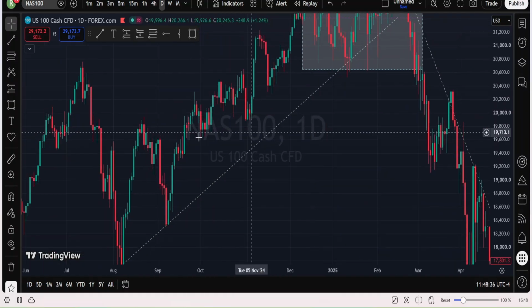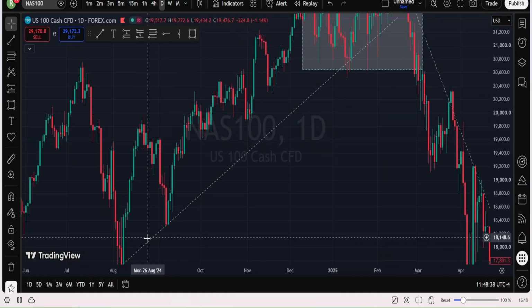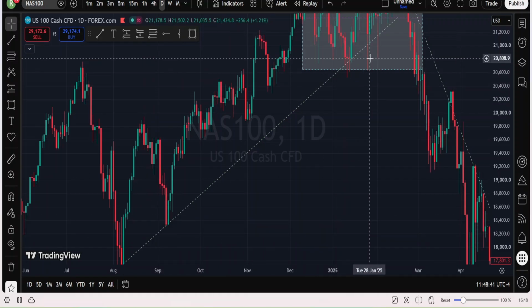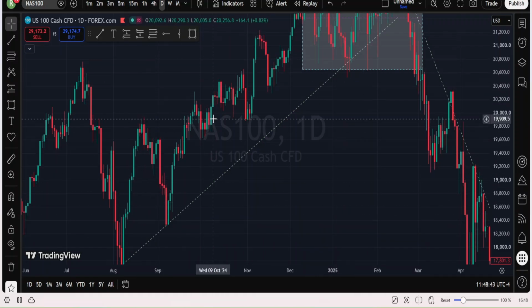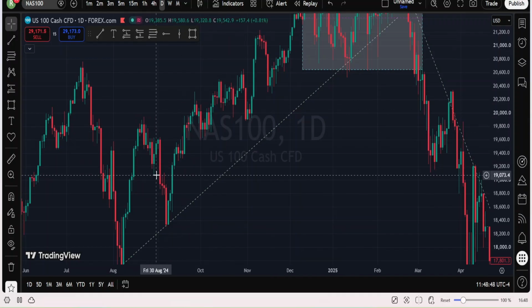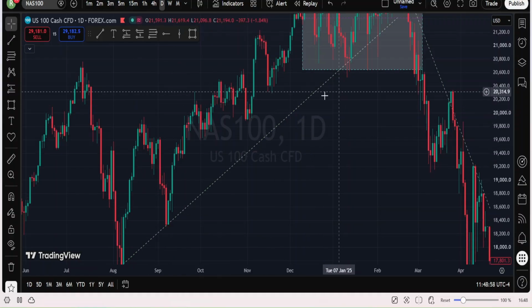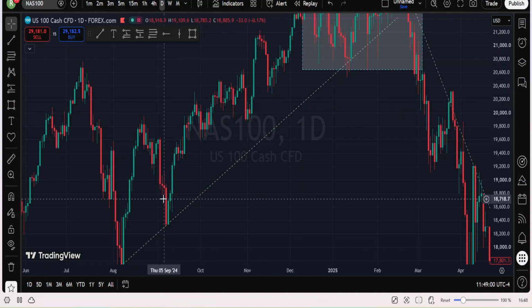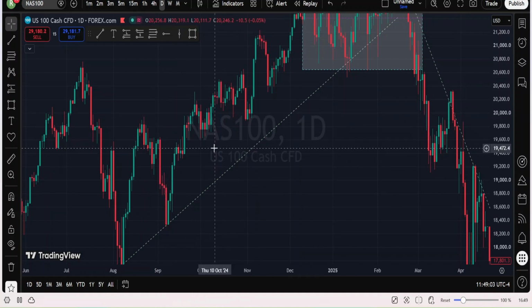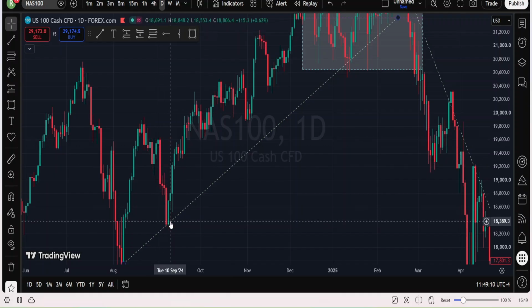Let's say we've been able to identify our trend. Your duty now is to go back to your lower time frame to figure out where you are going to join this trade. Because we've identified an uptrend, and you don't want to trade in the same time frame that you use as your higher time frame. Not that you cannot trade there, but you don't want to, because you want to get the market earlier and